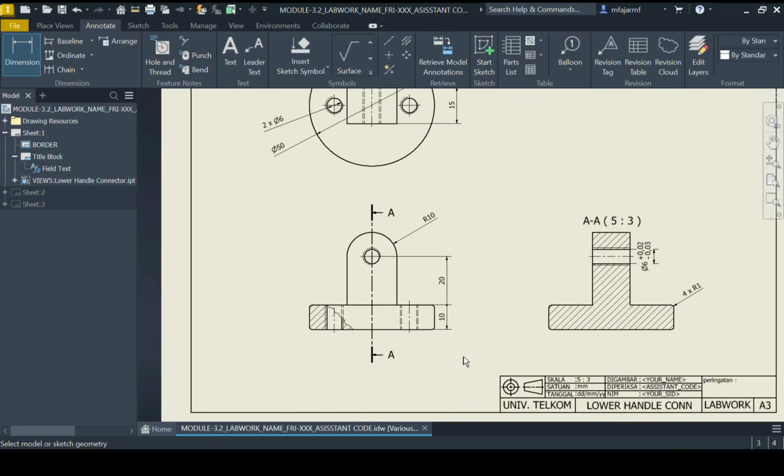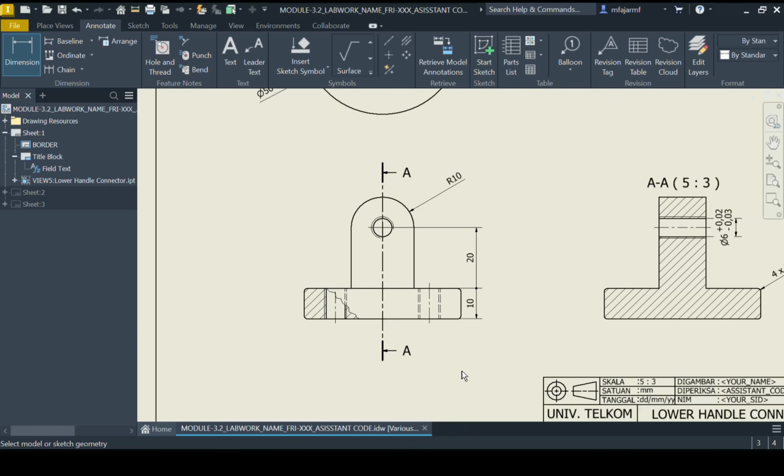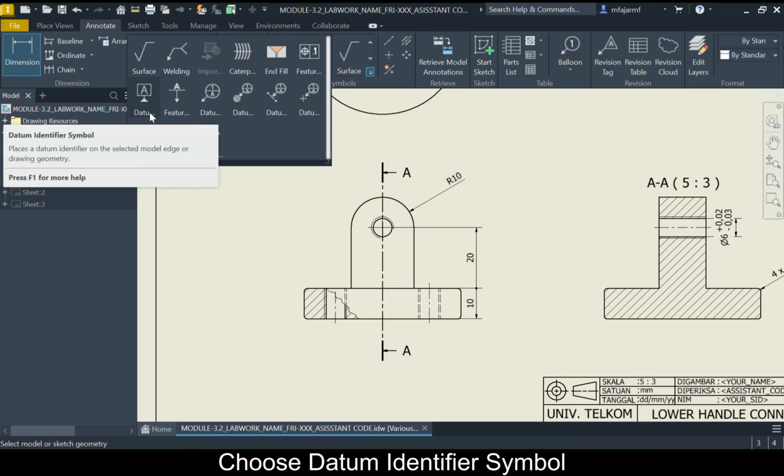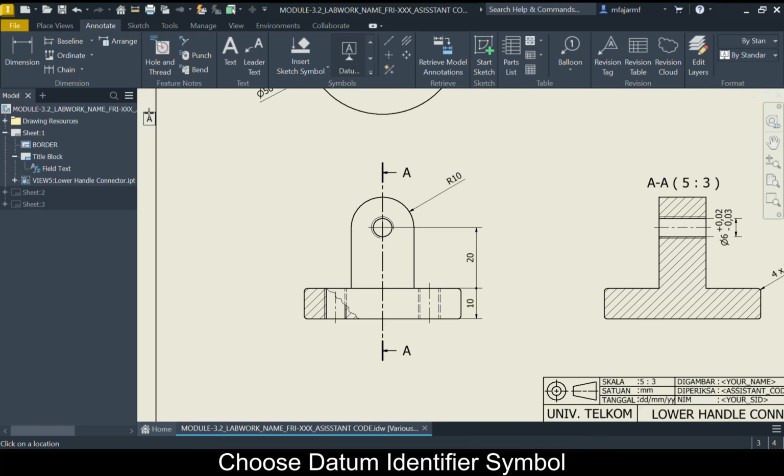Okay, we go back to this view again. Now we go to the Symbol tab. After that, click on Extension. Choose the datum identifier symbol. Left-click on the determine line with midpoint in here. Drag to upper, then left-click.